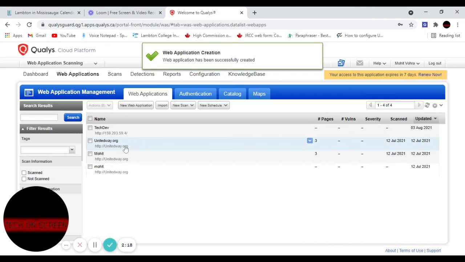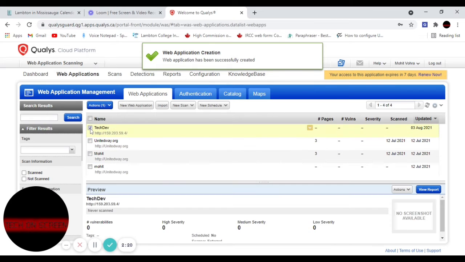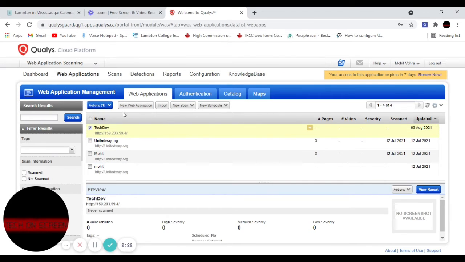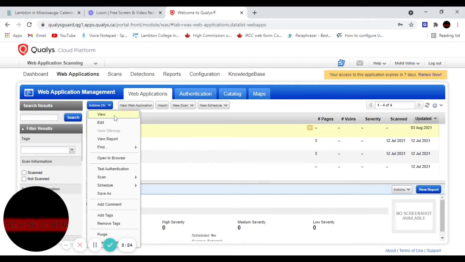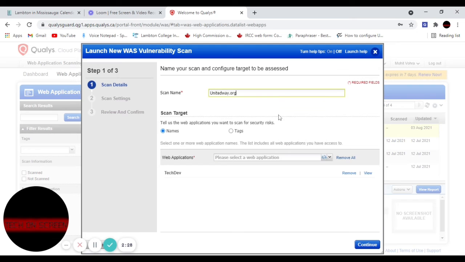So now to run the scan, I'm going to select this one. Then scan, vulnerability scan. Now I'm going to put the TechDev name, and from here I'm going to select TechDev.